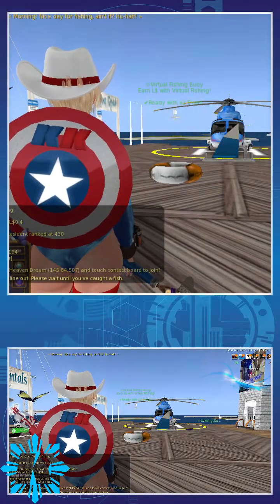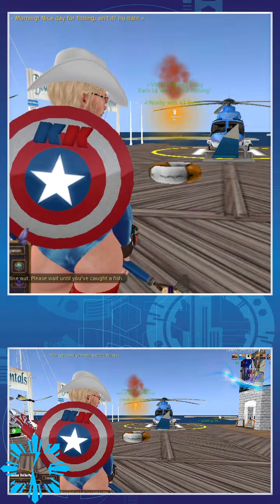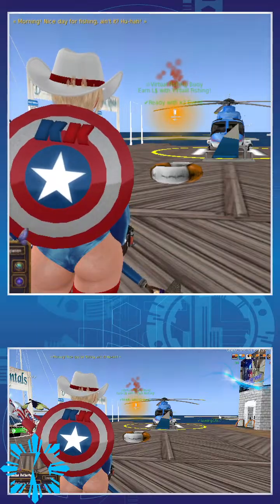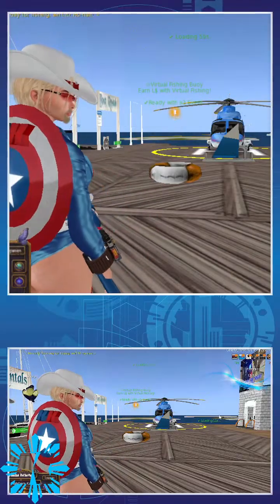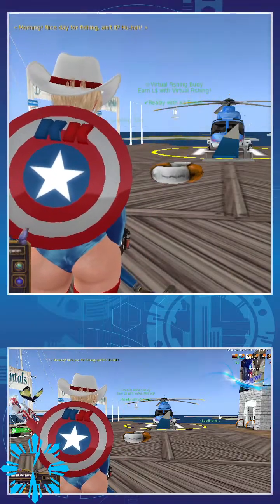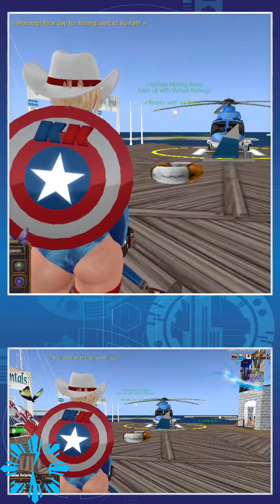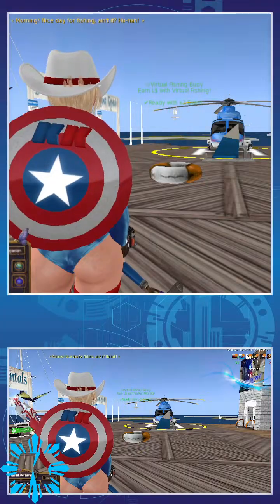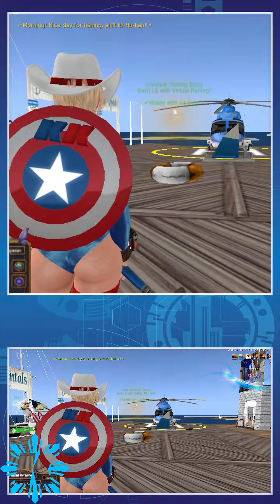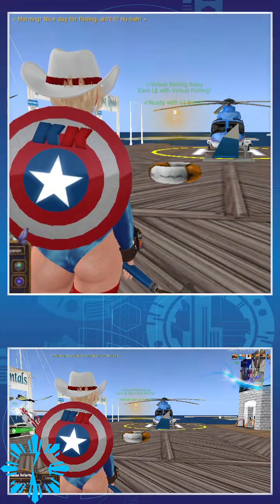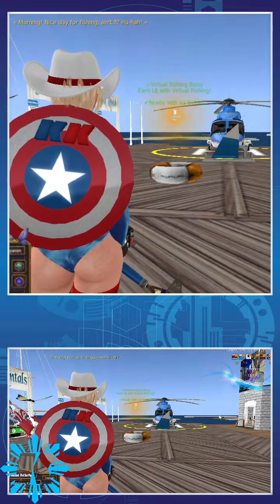The best feature of virtual fishing that you won't find in other fishing games is the fact that you can withdraw your Linden dollars without going to an ATM. You can withdraw your Linden dollars from the virtual fishing HUD itself. With other games, you'll have to find an ATM.